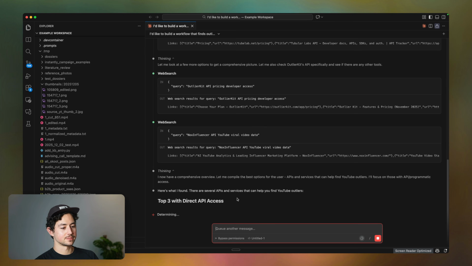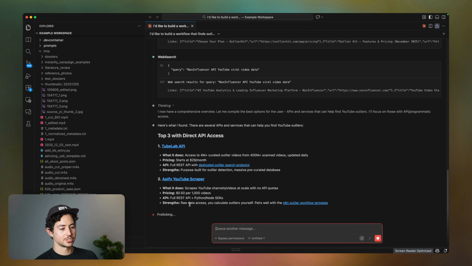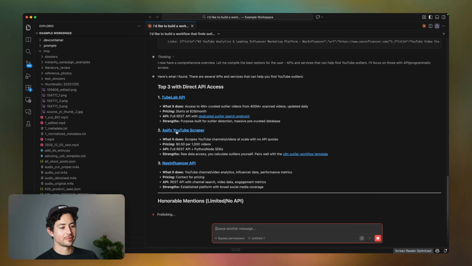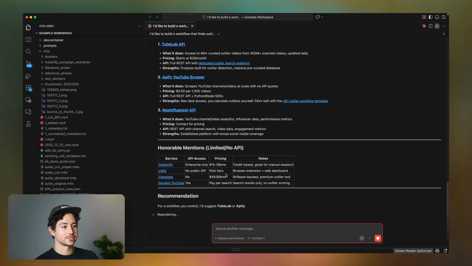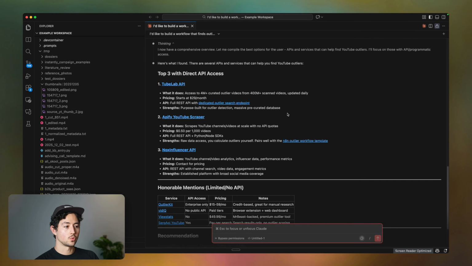Okay, and now it's giving me some information down here. TubeLab is up at the very top, says, hey, the pricing is really cheap. You can do this, you can do that. Apify is next, and then you can use Nox Influencer as well. It's even giving me some honorable mentions. So once I have all this information, all I do is I take the winner over here,